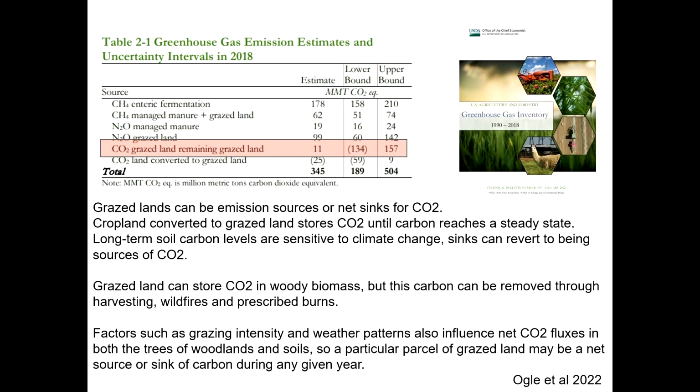These guys, I think, did a really good job on it. Steve Ogle and some colleagues at Colorado State just came out with a report at the end of 2022, the greenhouse gas report for agriculture. There is CO2 for grazeland remaining grazeland, a very small estimate on potential, but look at that lower bound and upper bound. That's what's intolerable. This number, we can live with in a marketplace, but we can't live with these numbers. Enteric fermentation is a much bigger deal.